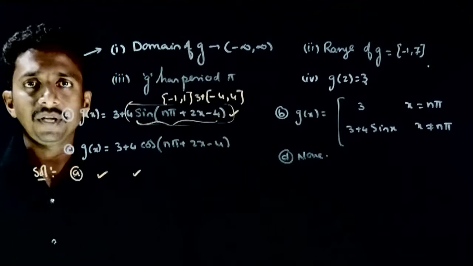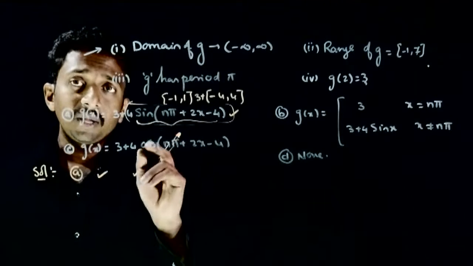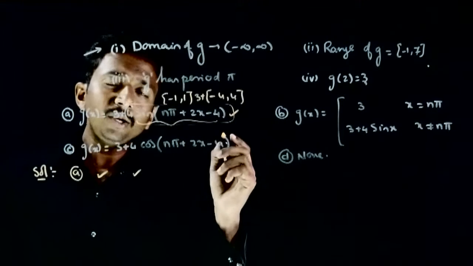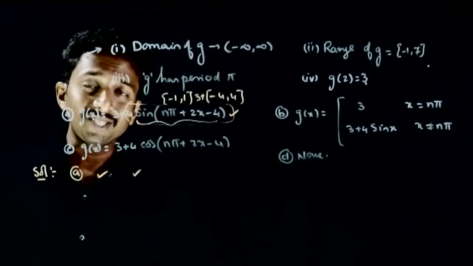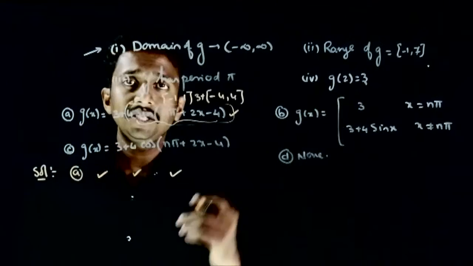अब थर्ड कंडीशन देखेंगे। बोल रहा है कि g has to have a period of pi। So ये sin is a periodic function with a period 2 pi, but x के प्लेस में 2x आ गया। So period क्या हो जाएगा? 2 pi by 2 हो जाएगा, which is pi। So third condition is also right।